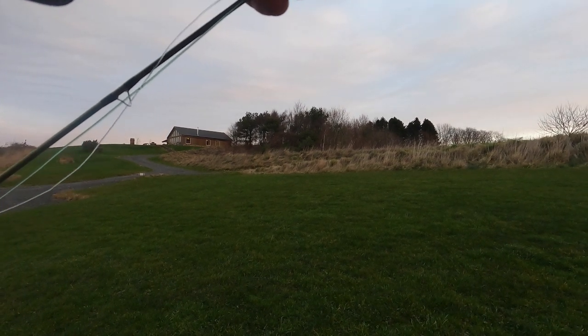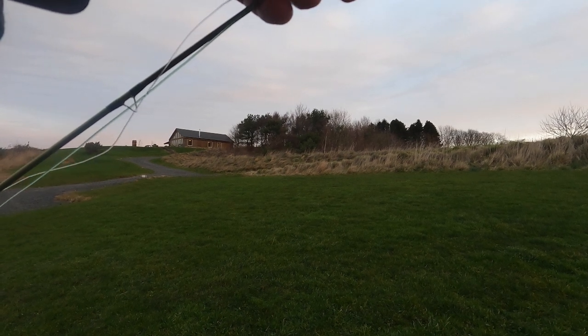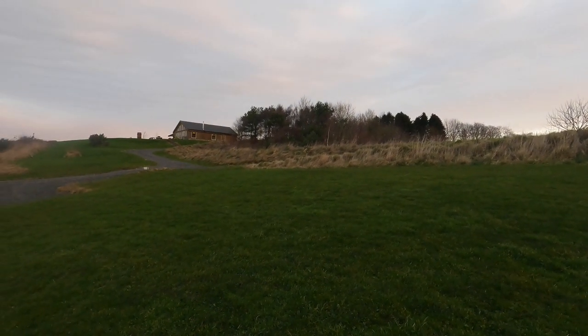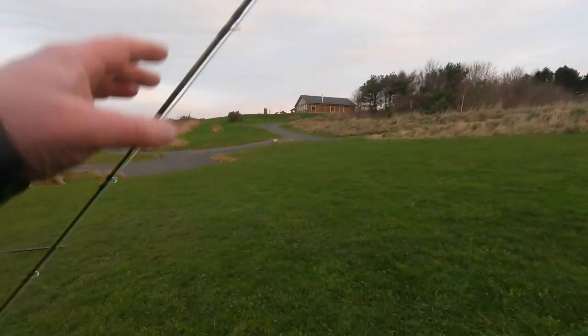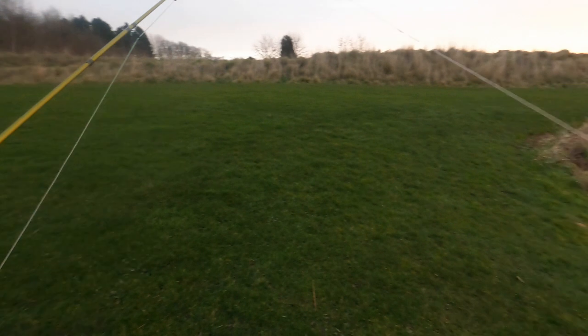And the second rod, I'll be setting up the dreaded bung rig, which will probably be effective today, no doubt. I have been told that pink's been doing really well, so we may try something like a pink squirmy, pink brandling, something like that under the indicator. But to start off with,